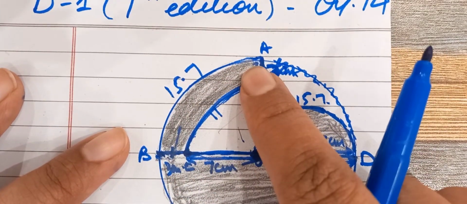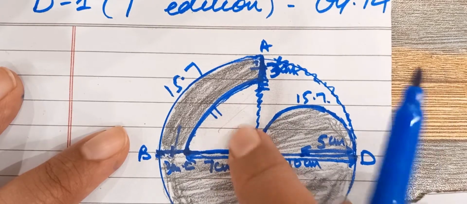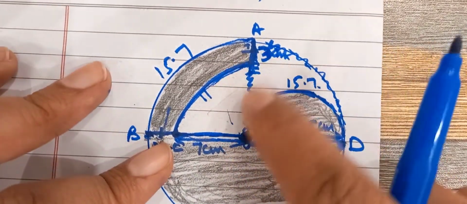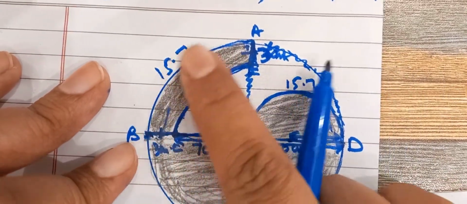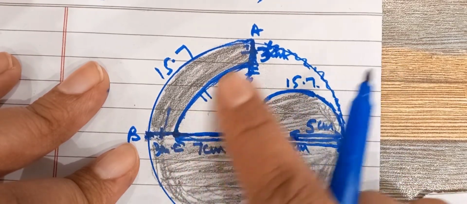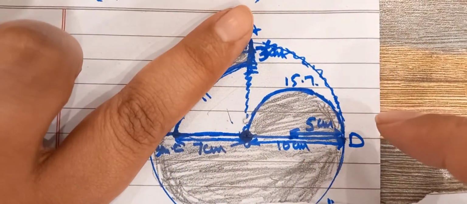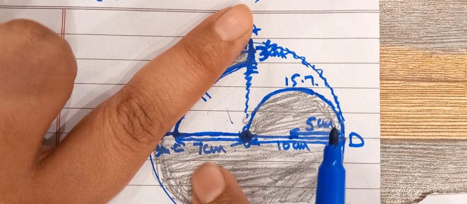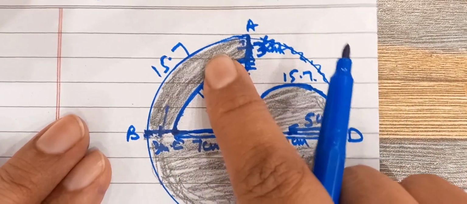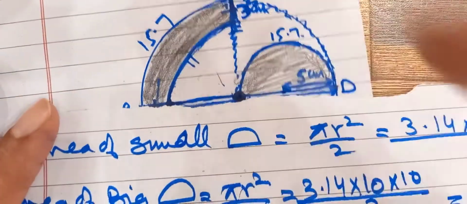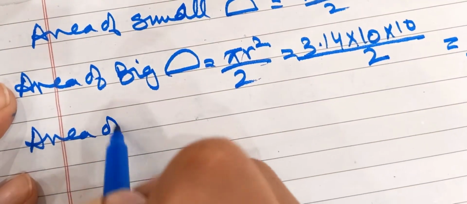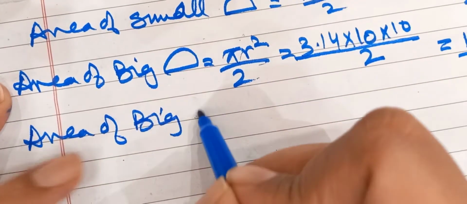So now I will have to calculate the area of this confined place between this quadrant. So what am I going to calculate? First of all, I will calculate the area of the big quadrant. Then I will calculate the area of the small quadrant. It's also a quadrant of a circle with radius 7 centimeter, and then I'll subtract them and I'll get the area of this confined place. So area of big quadrant